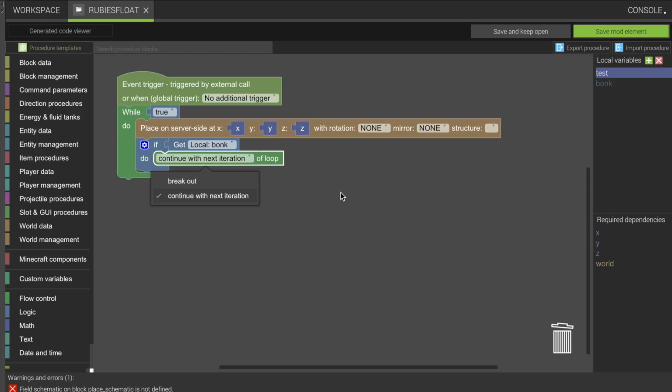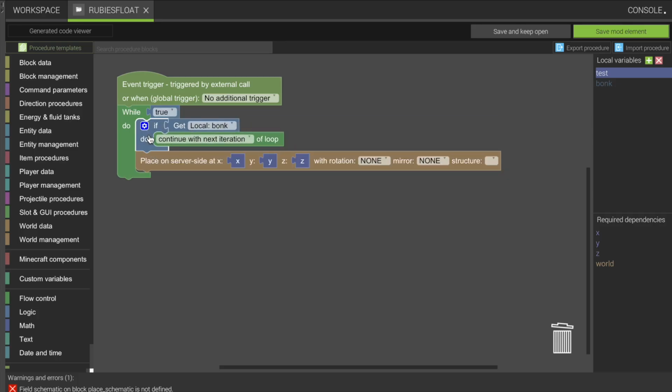Continue with next. Now this one, if we put the code this thing after it. Now if get local bonk is true, then it'll skip this and go right to the next. If it's false, it'll keep going and go to here. Basically a different way of saying if not. But also